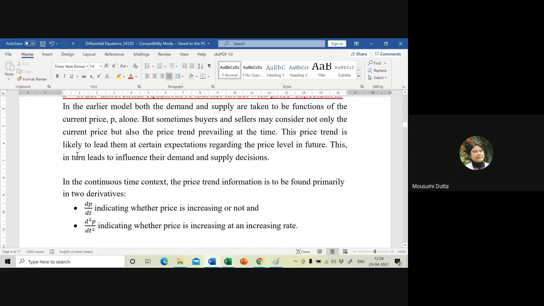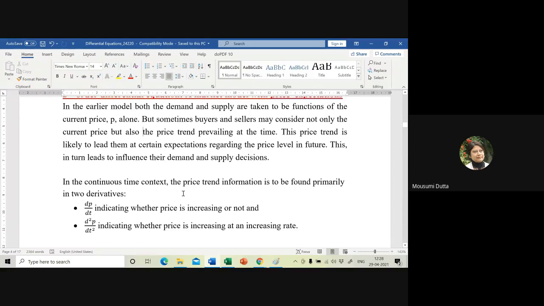This price trend is likely to lead them to certain expectations regarding the price level in future. This in turn influences their demand and supply decisions. Okay. So in the continuous time context, the price trend information is to be found primarily using the two derivatives,